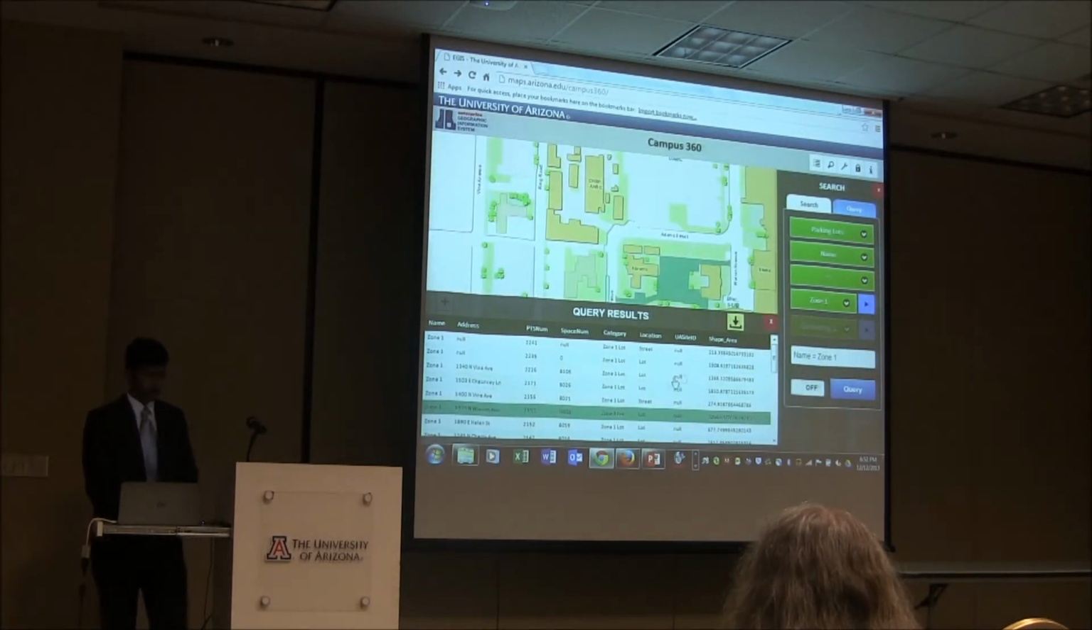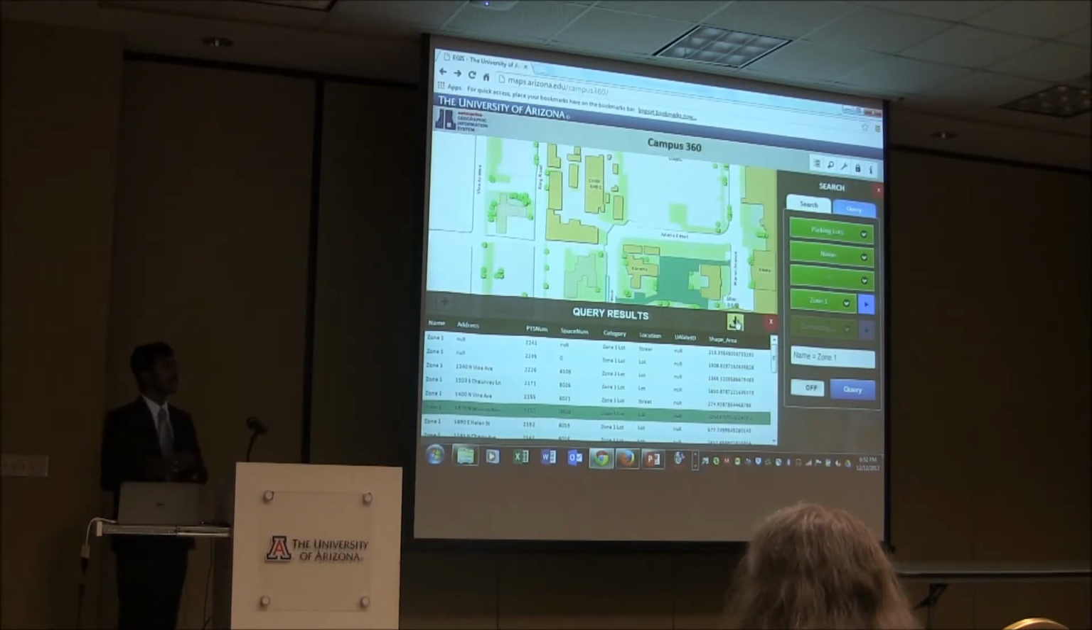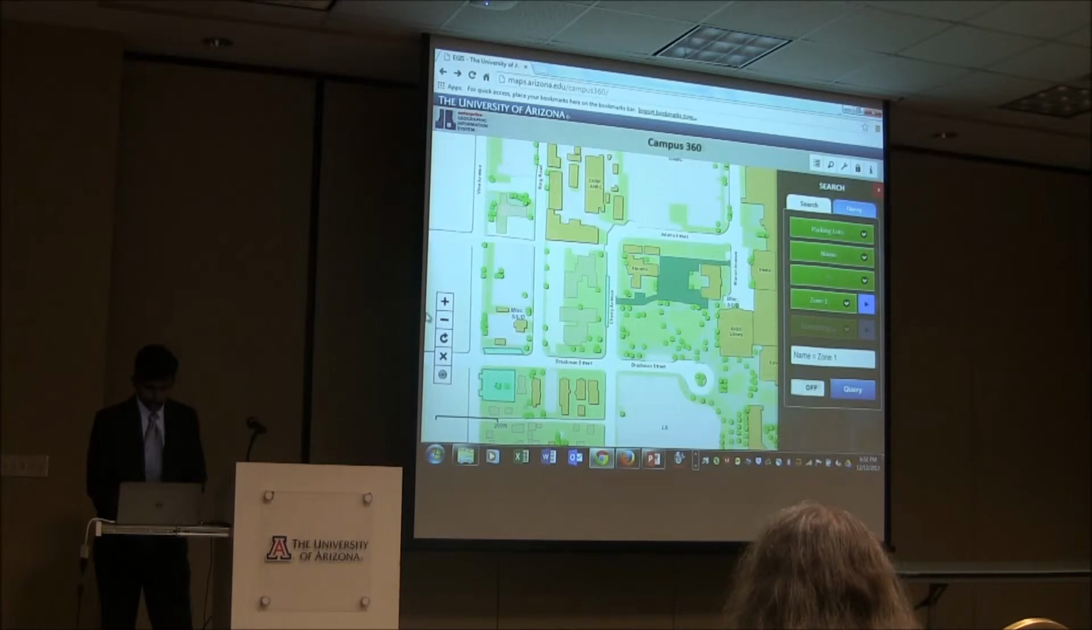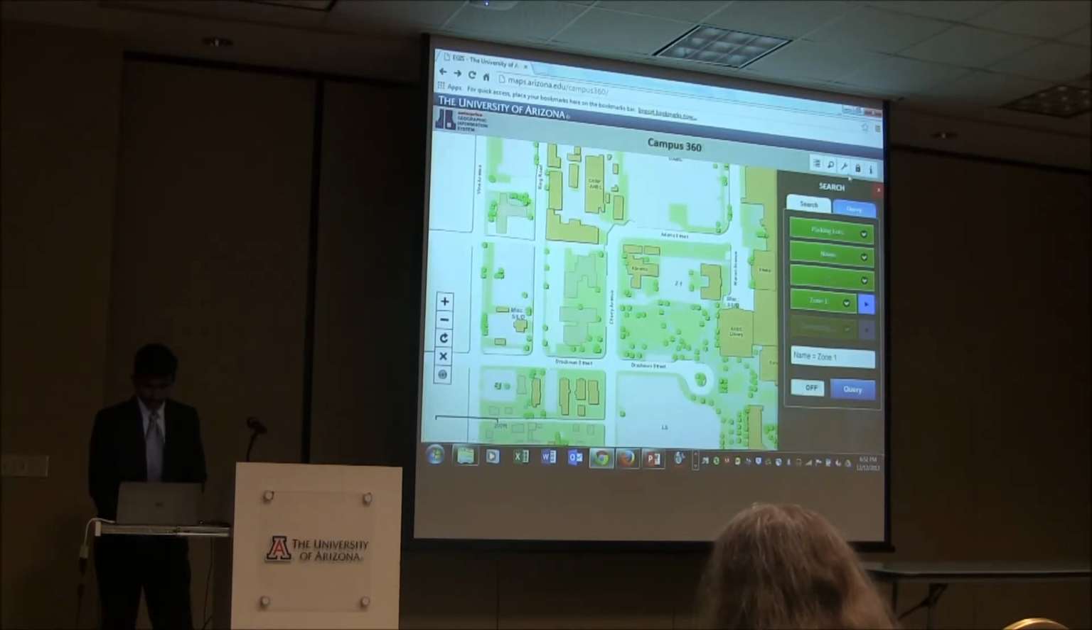And you are also provided with an option where you can download this feature as a CSV file to your desktop. So you don't need any kind of ArcGIS desktop or data to do that. It's all becoming web-based applications. And then I can clear all these graphics here,